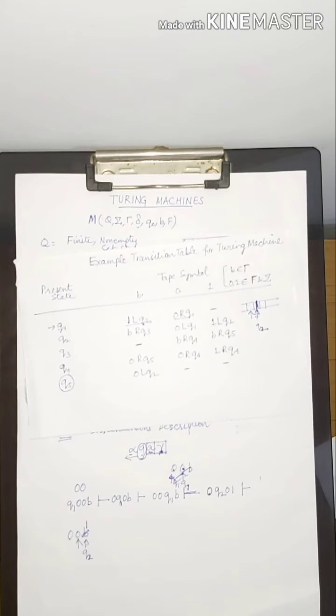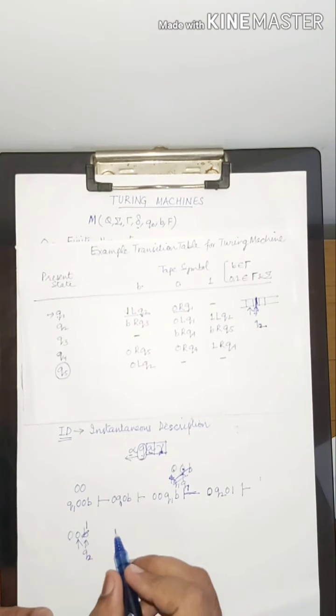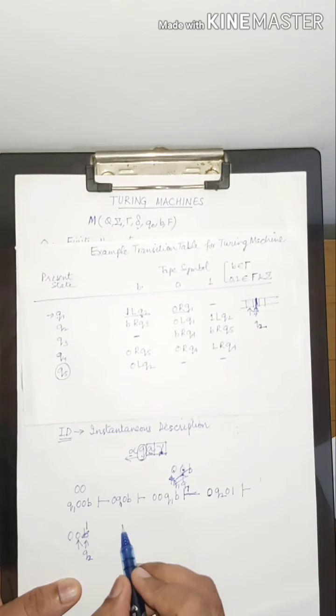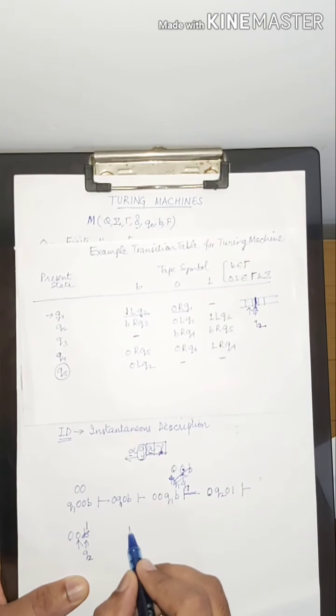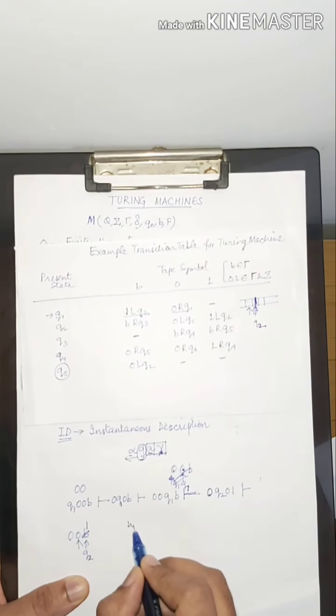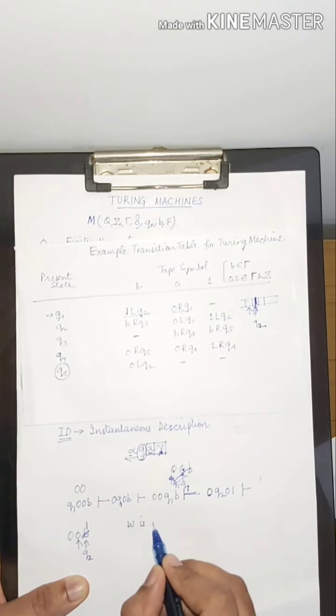And after this halt of the machine, if the state where the machine halts belongs to the set of final states, is one among the final states, we say that this string is accepted by the machine. So acceptance of a string by a machine M is defined by this terminology. So W is accepted by